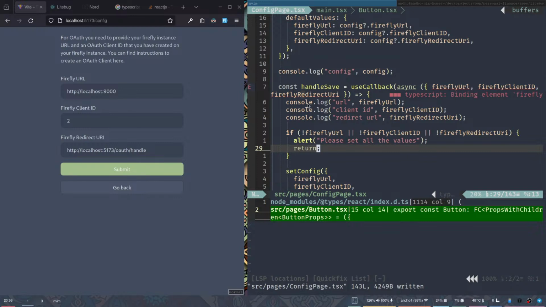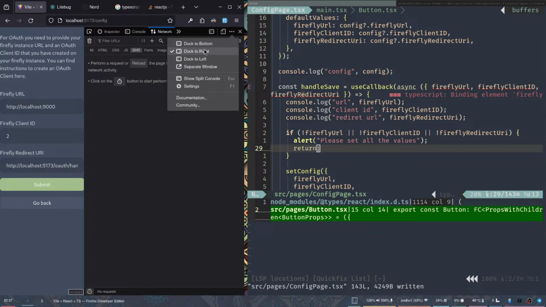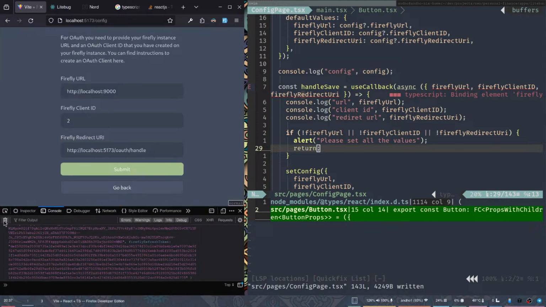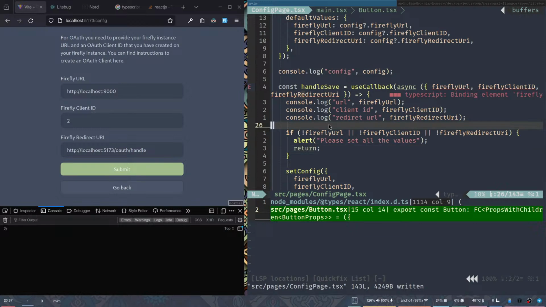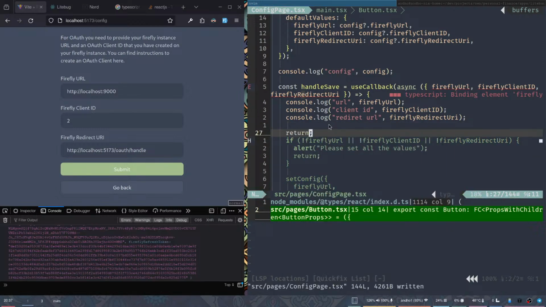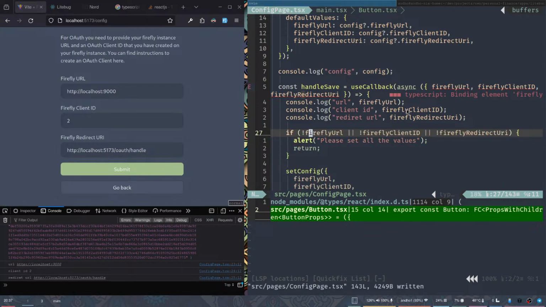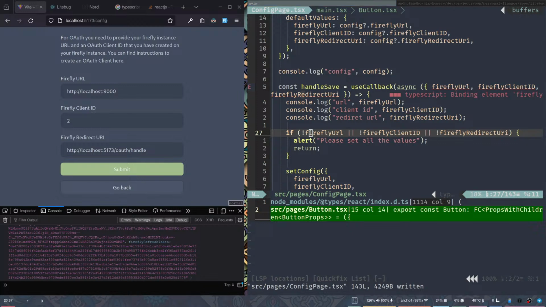And when I submit, the log should show all these. Let's just add a return here so it doesn't go anywhere. URL, client ID, everything is working. So we successfully integrated React hook form,